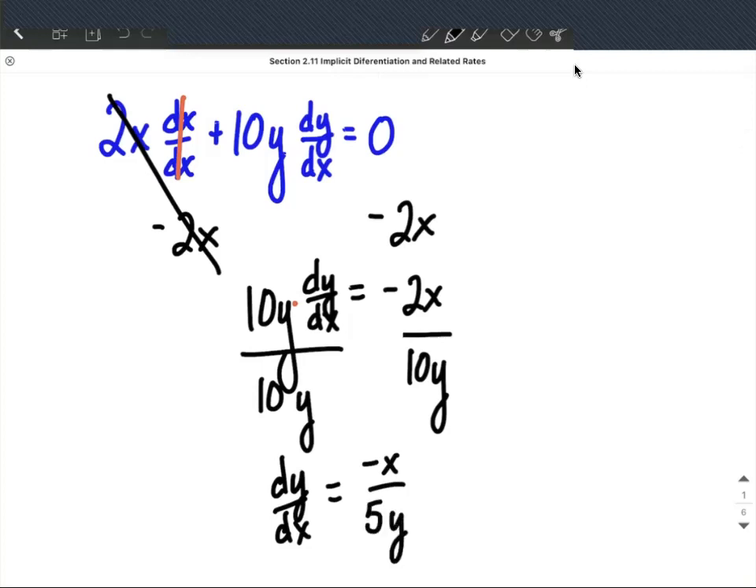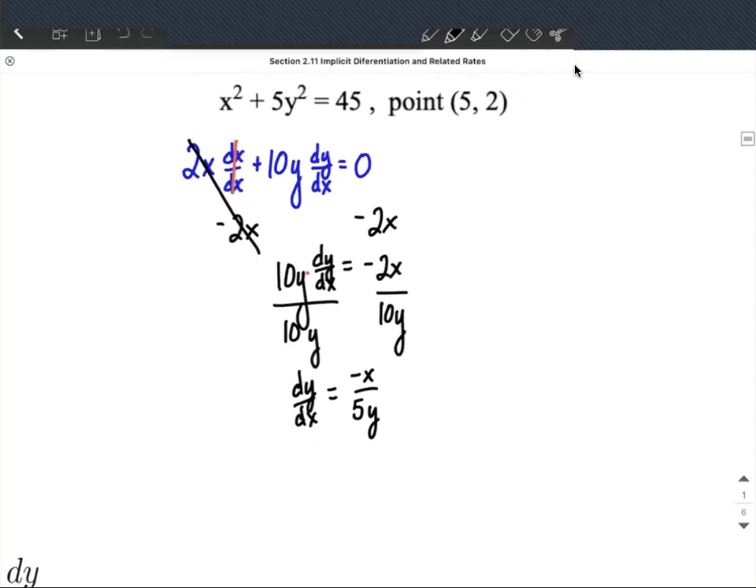Okay, from here, we were given a specific point. All right, so we've got kind of the general formula for the derivative. Next, let's use that ordered pair, (5, 2). So 5 is going to be an x value, 2 is going to be a y value. So our derivative evaluated at that point is going to be negative of